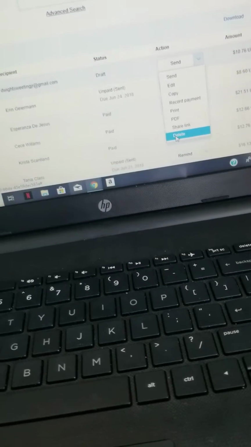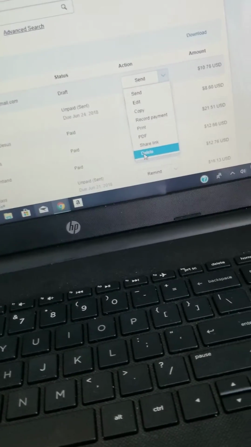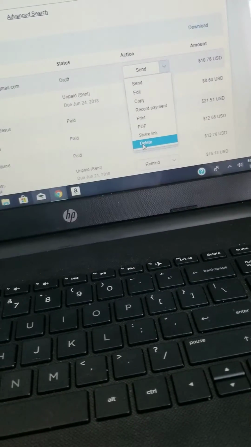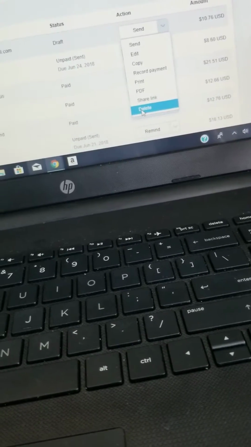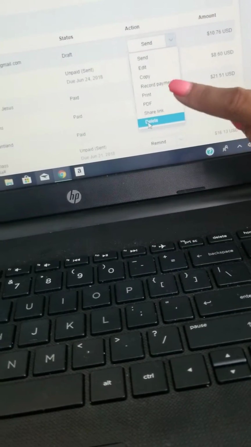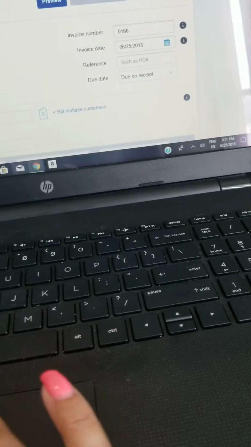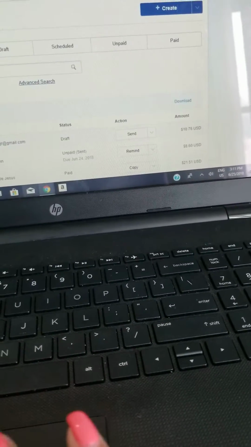If you have a customer who owes you, who, like, you've sent an invoice and they said, you know what, I have cash. I'd rather pay you in cash when I see you tomorrow at work. You can go in here, even though you've already invoiced them, you can go in here and hit, oh, not that one. That's not what I wanted. Hold on. Ah, it did what I didn't want it to do. You can go in here,